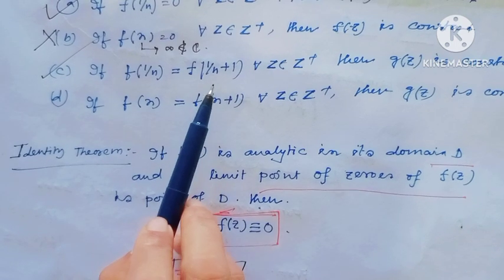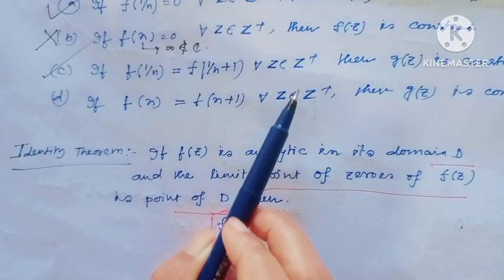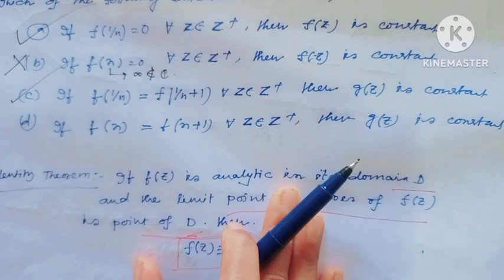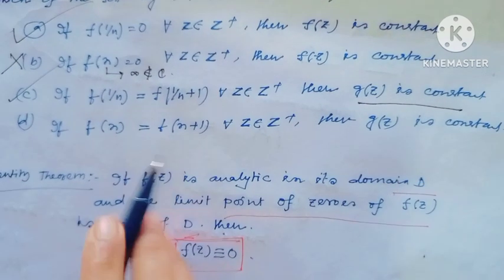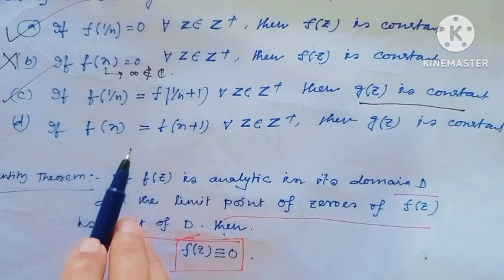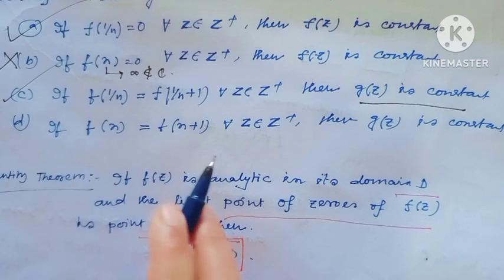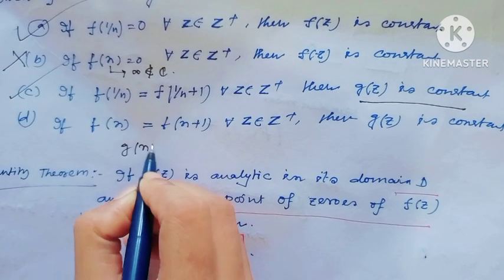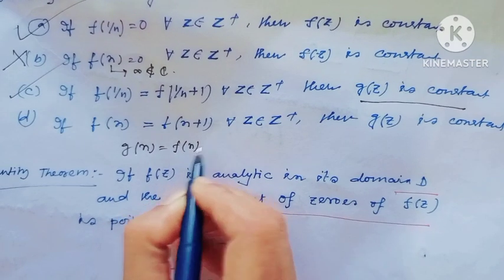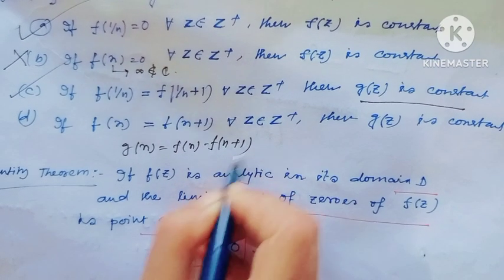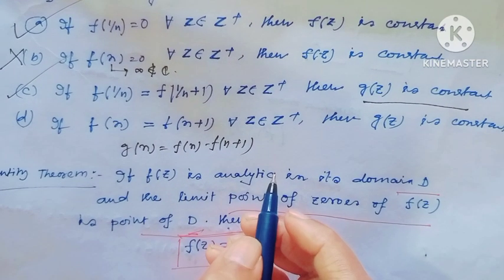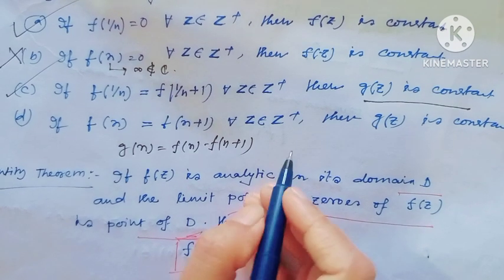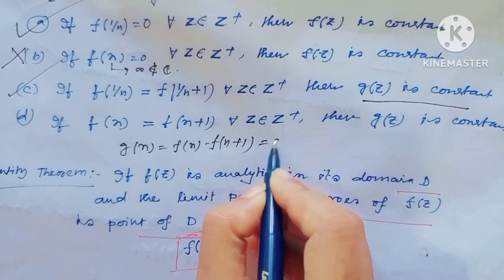If f of 1/n equals f of 1/n plus 1, then g(z) is a constant function. And option D: f of n equals f of n plus 1. This is g of n equals f of n minus f of n plus 1. And this value is equal to 0, meaning